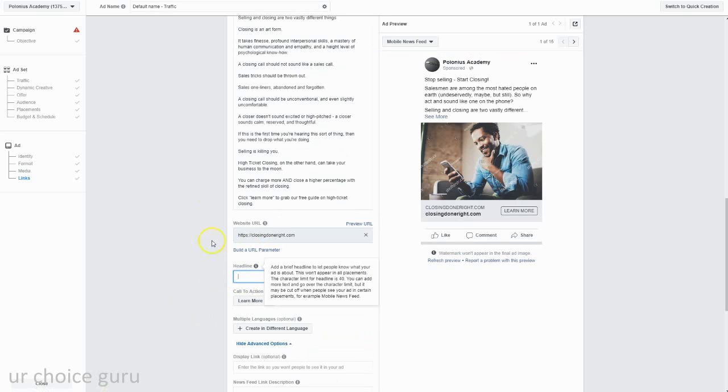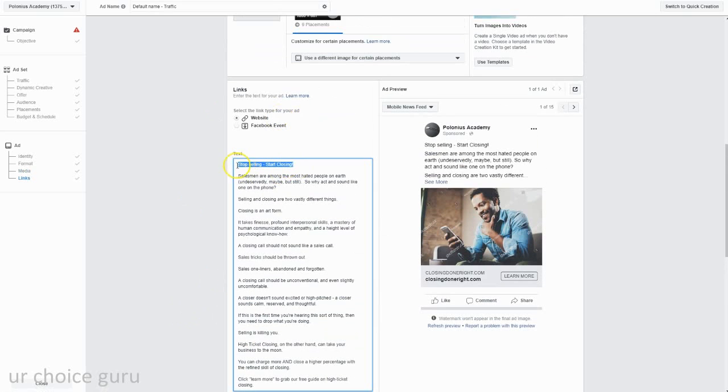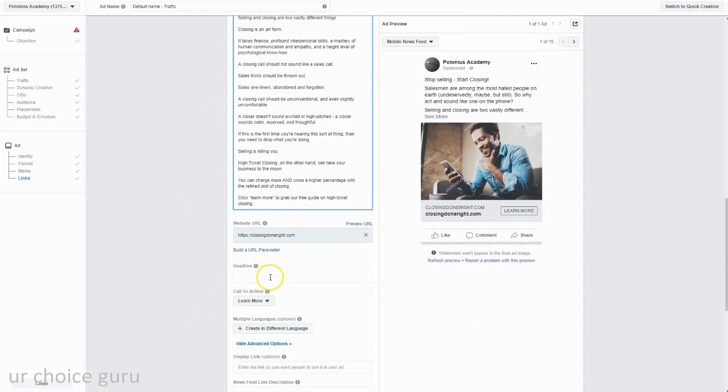Headline is going to be "Stop selling, start closing," which sounds a little bit odd. Your average person who isn't interested or isn't aware of the distinction there will stop and say, wait, what are they talking about? Stop selling, start closing, okay? And call to action, Learn More works for us since we actually mentioned that in our copy, but you've got